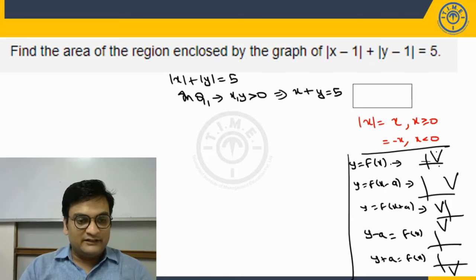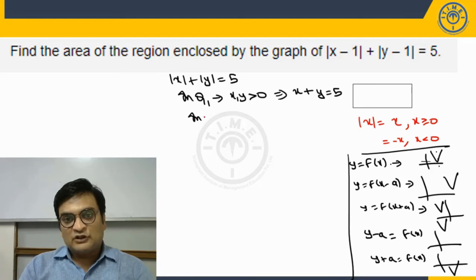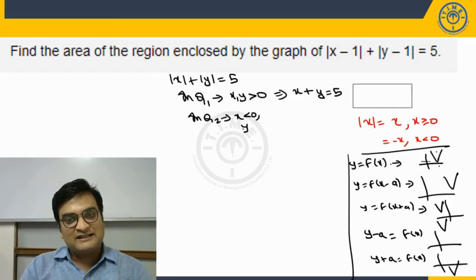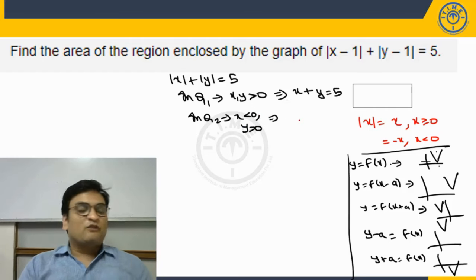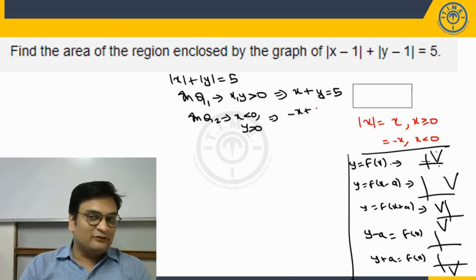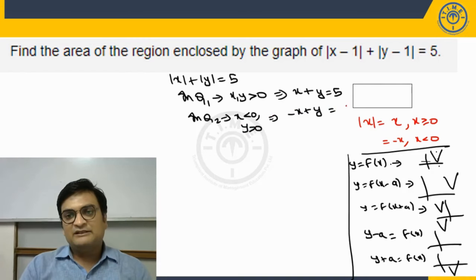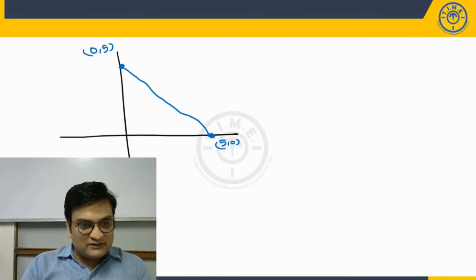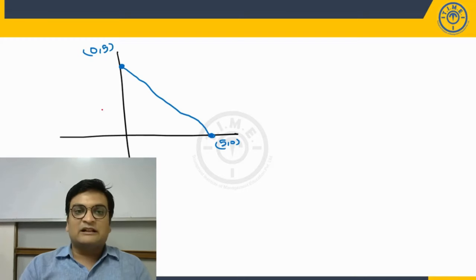Now in the second quadrant, please note that x is negative but y is still positive. So how would the equation change? Mod x will become minus x, mod y will become plus y only, and it will remain y only, equal to 5. So the equation will be y minus x equal to 5 in the second quadrant. So in the second quadrant, the curve will be like